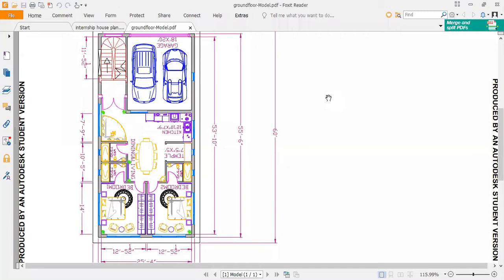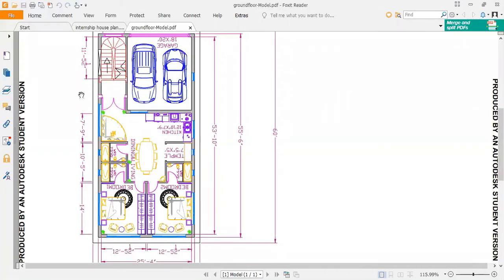So if you are still facing problems, I can start with all the commands, basically starting from the line tool to every polyline, arcs, and all those things. So do you want me to go that way, or do you want to skip those parts? It all depends on you, because the way you want, you'll get it. If you already know those things, you shouldn't waste time on that, right? That's why.